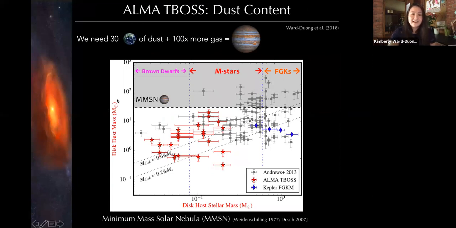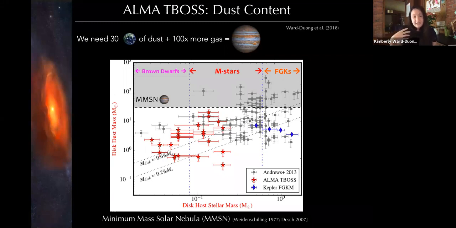So what we're looking at here is the mass of dust in these disks in Earth masses. And this is a function of the mass of the host star. So the gray points are what we had measured in Taurus previously, pre-ALMA essentially. And I split this up into solar type FGK stars here on the right, the M-dwarfs, which span a pretty wide mass range, and then the brown dwarfs below the hydrogen burning limit. And all the red points are the points that we've added to this parameter space. So you can see there's this decline. As you go to lower and lower mass objects, they have less dust in their disks, which maybe is unsurprising. But we wanted to give a benchmark for this to understand how to contextualize this with the